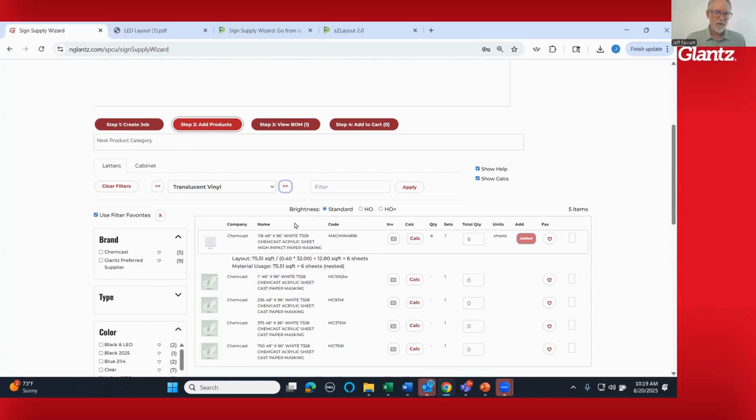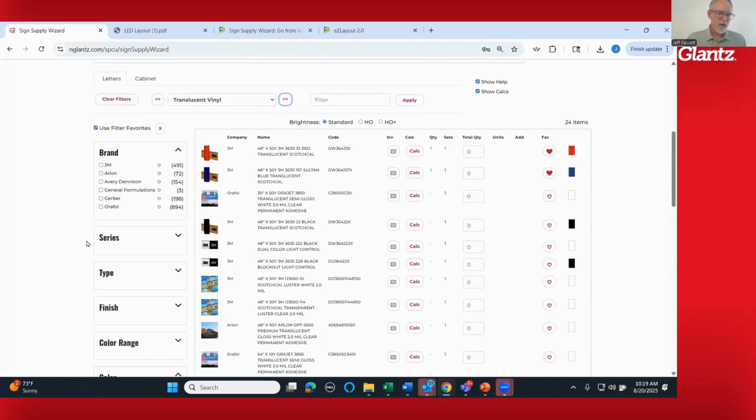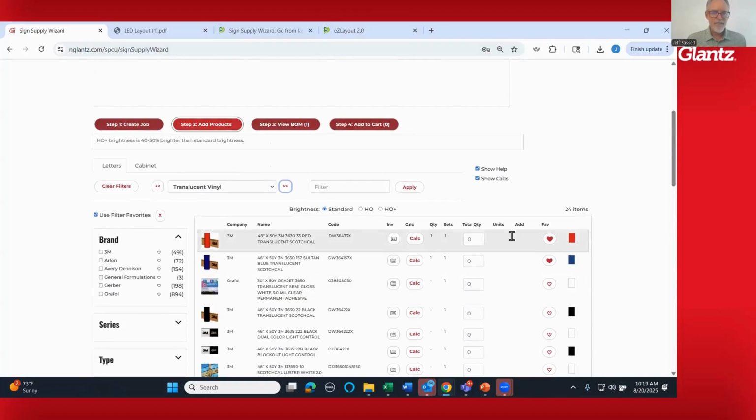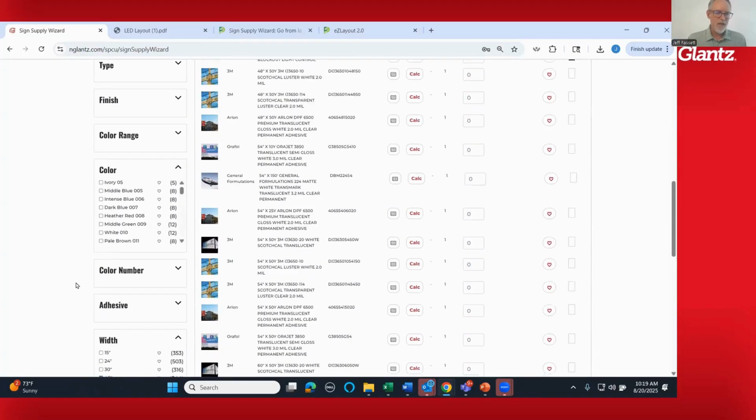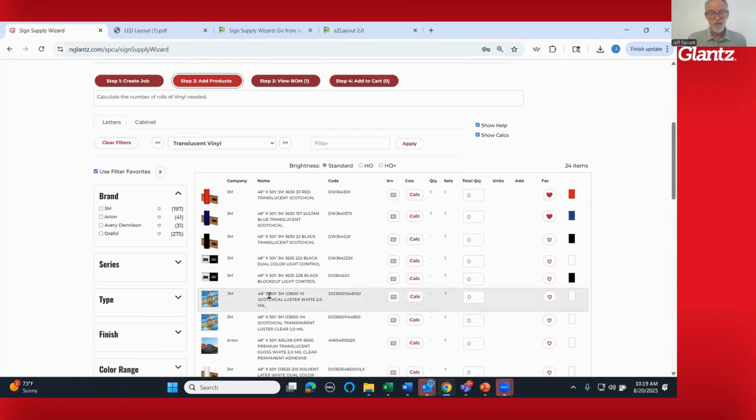Okay, so let me move on to vinyl. And here again, I have a favorite right up top. So 33 red is my favorite. This is a 48 inch because I have a 48-inch cutter, right? So sometimes you can have filters in here depending on the equipment that you have. So let's say I'm always going to buy a 48-inch, and this is a 50-yard,